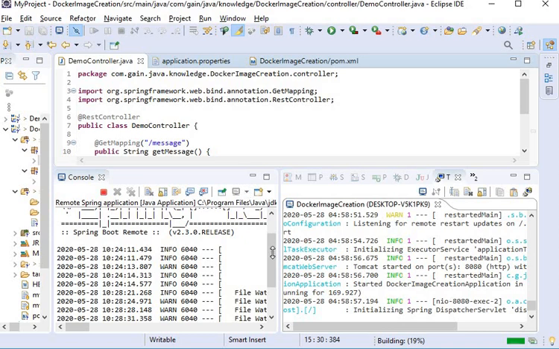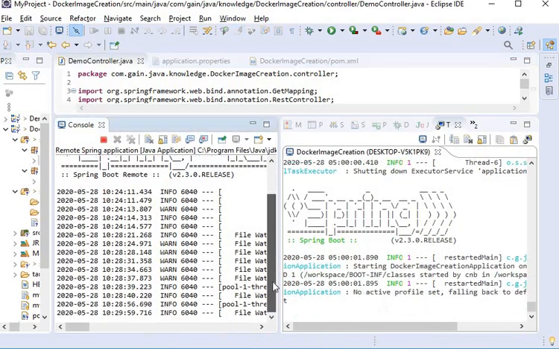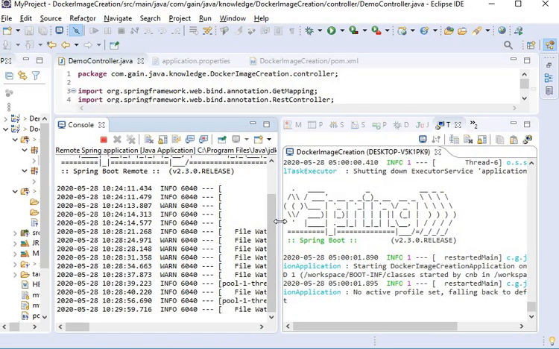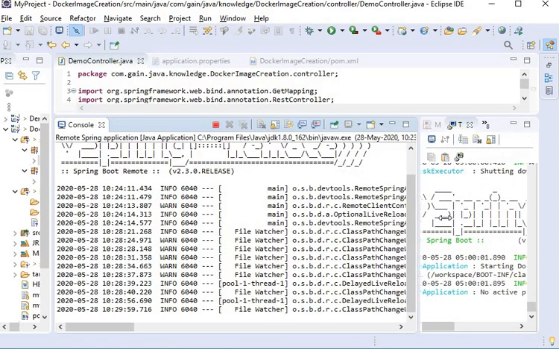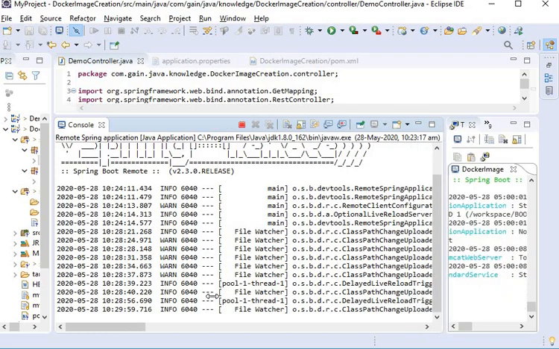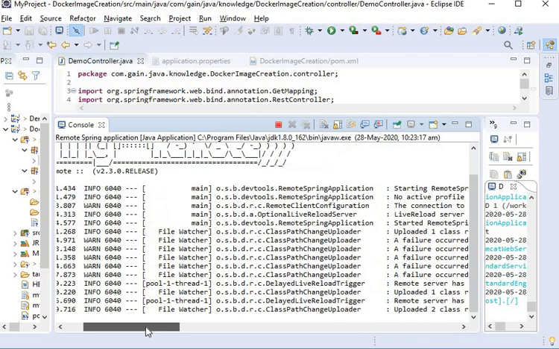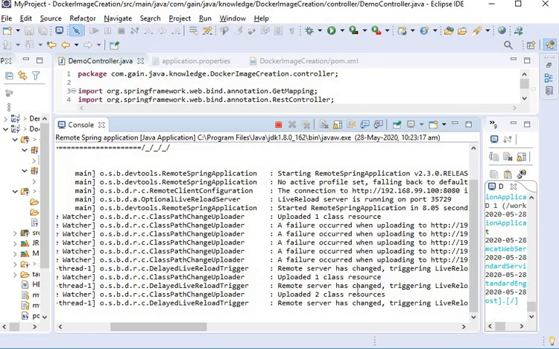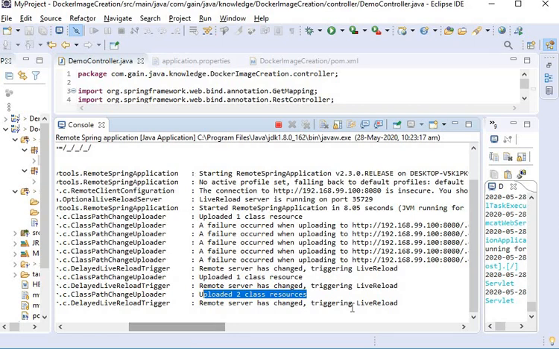This file will detect the changes, and when we do any changes, this file will start running. Uploaded two class resources, and remote server has changed and triggering live reload.